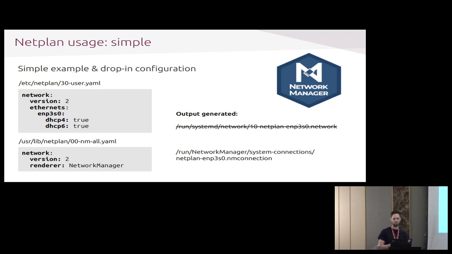And now instead of writing the configuration file in /run/systemd, it will generate a native NetworkManager key file in /run/NetworkManager/system-connections, which is the normal path for NetworkManager configuration at runtime. And it will set up all the systemd dependencies to bring up NetworkManager instead of networkd. And now NetworkManager will manage that interface for that user, and it will be visible in the UI and everything. Yeah, that's it, the simple example.